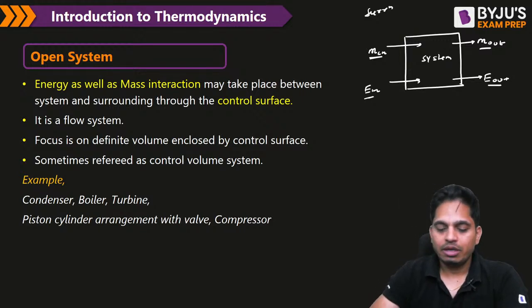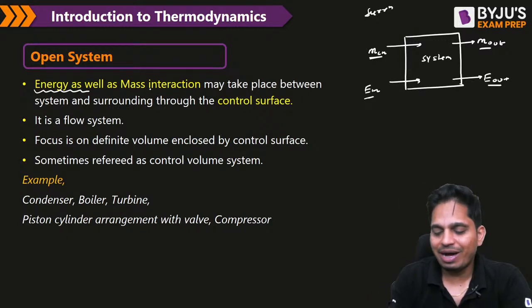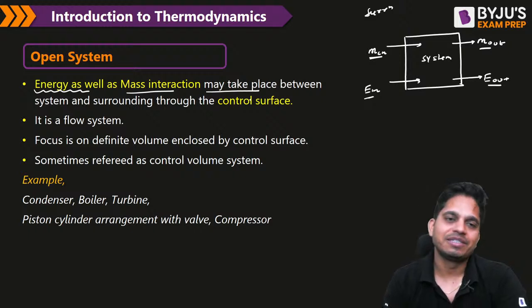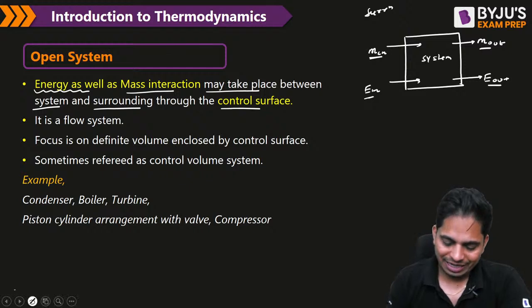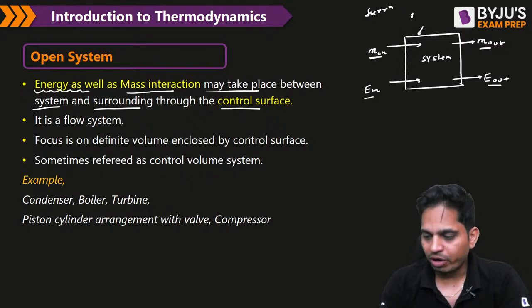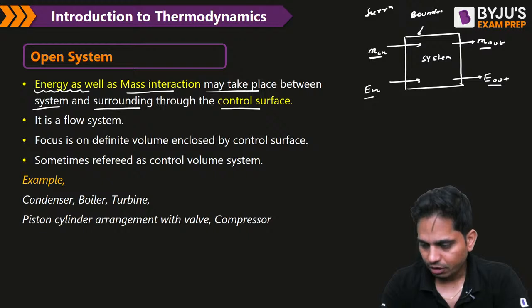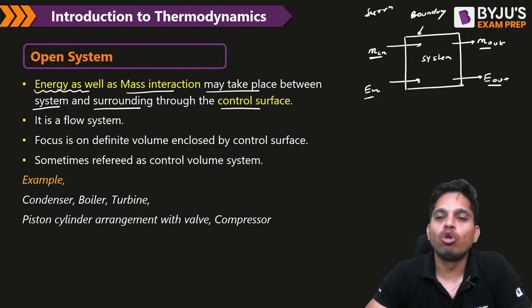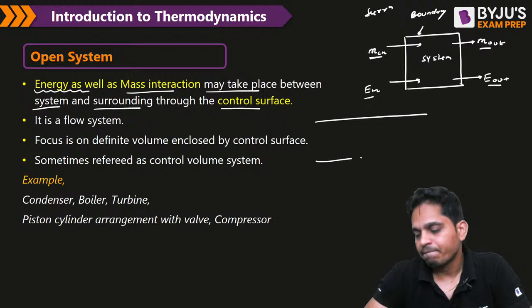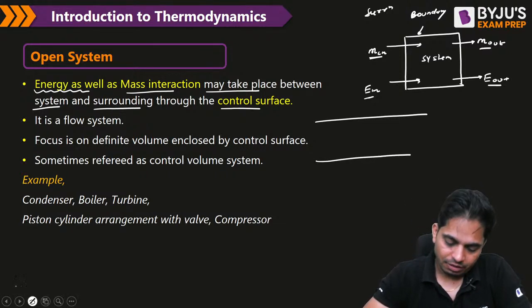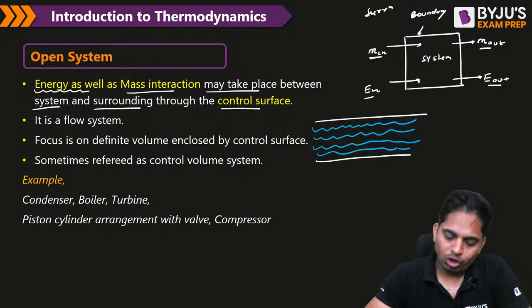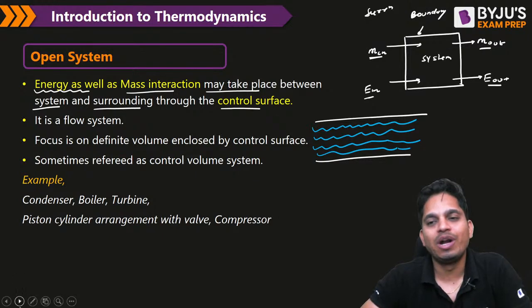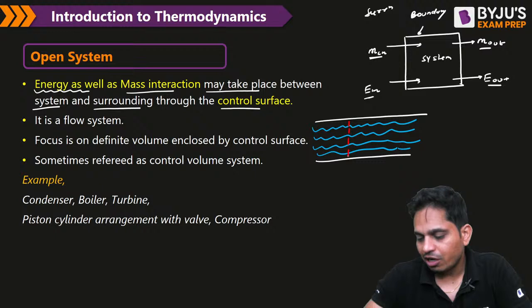Okay. Now, energy as well as mass interaction may take place between the system and the surrounding through the control surface. So in this case, look, this is the boundary, right? But sometimes we also call the boundary a control surface, because let us say it is a 3-kilometer pipe and water is flowing here, and you want to analyze how the properties of water are changing. So you will not do the analysis for the entire 3-kilometer pipe. You draw a control surface like this,